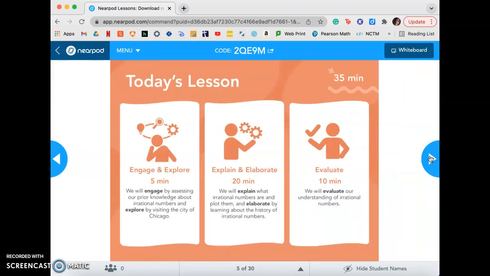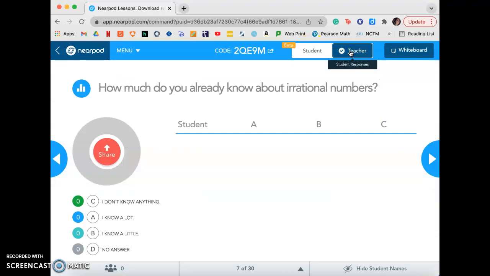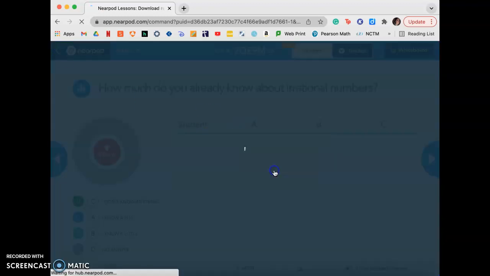So this is the essential question where you start today's lesson. So this is where the students can get interact or engaged into this lesson. You have this question, and on their end they will click what it is. So this is what it looks like for the student. Now as a teacher, once the students answer, I will be able to see how many answered with I don't know anything, I know a lot, I know a little, or no answer. So that's really cool that you get to see it live. You can also click hide student names, so no student names will pop up, which is very useful as well. So I'm going to go back and leave this session,